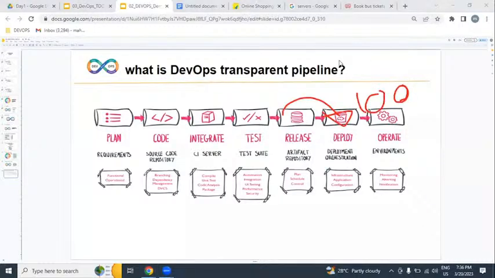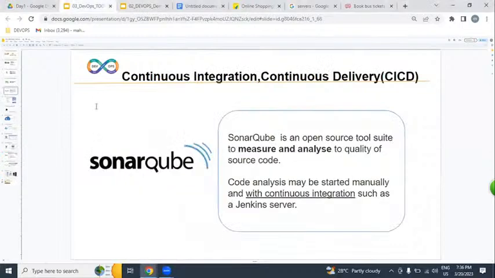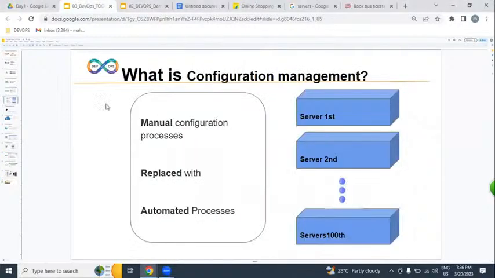Then, after successful release, we are going to be placing it on hundreds of servers. These hundreds of servers, from where can we get them? How exactly can we automate them, guys, please? For example, I want to create a file on 100 servers. If you do it manually, how difficult is that? Please think about it. 100 servers, and just creating a file. I'm talking about just creating a file. With hundreds of servers, it is not easy.